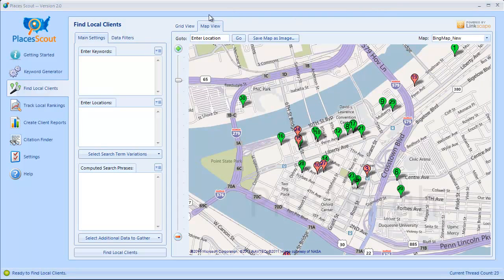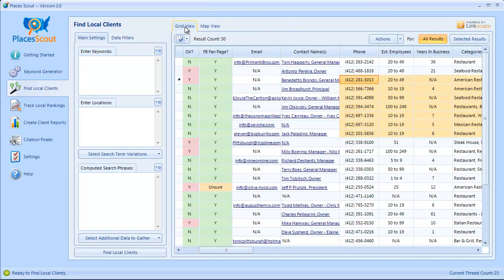And I'm going to show you one more thing here real quick. If you go to the grid view, you can actually export all this data to a couple different formats. So if you click on the Actions tab here and click on the Export To button, you can export all this data to either a CSV file, an Excel file, or an HTML file. So that's useful if you need to get this data in and out of Places Scout to say an auto dialer, or whatever you want to do with this data, an email software program,